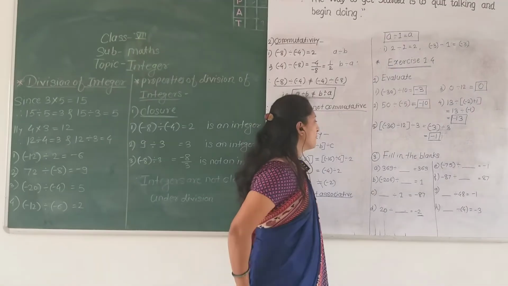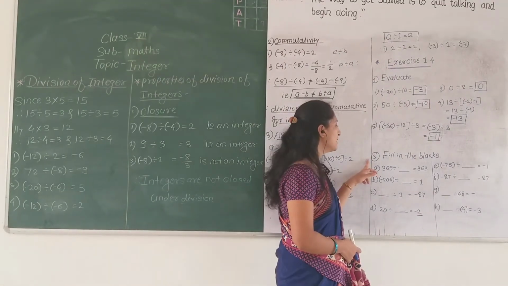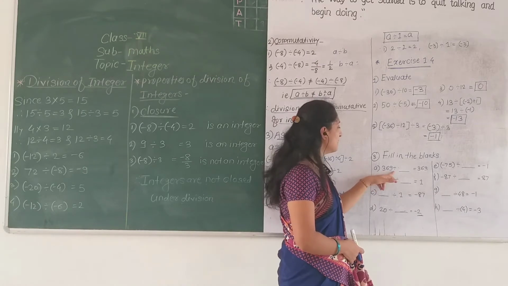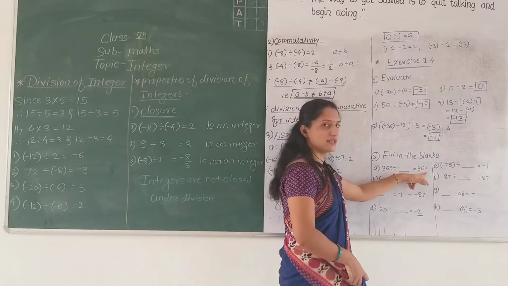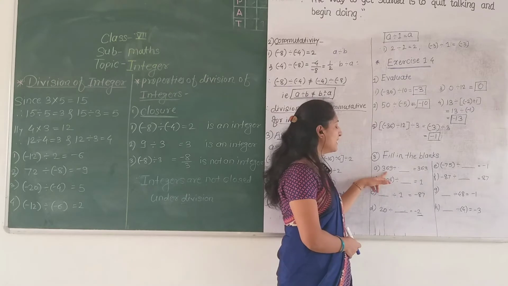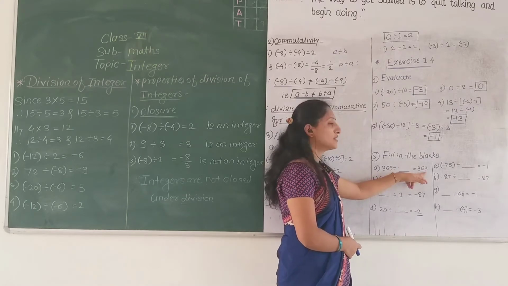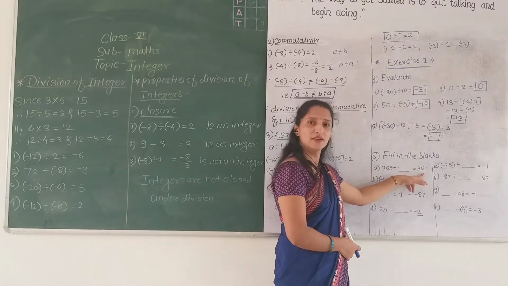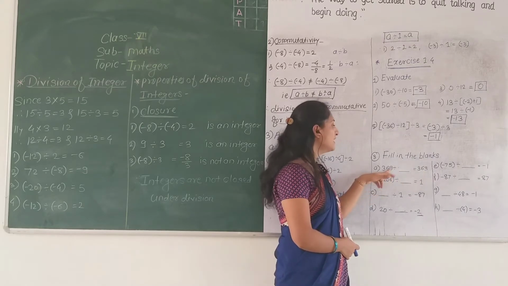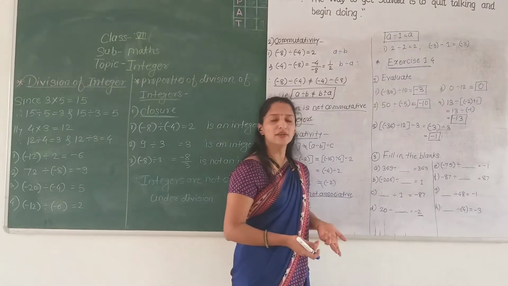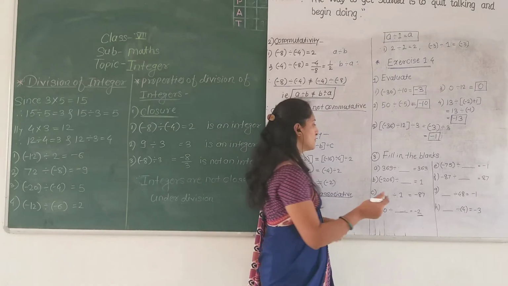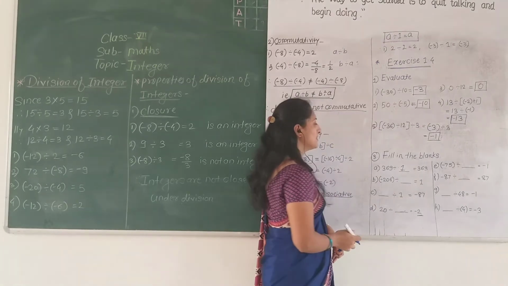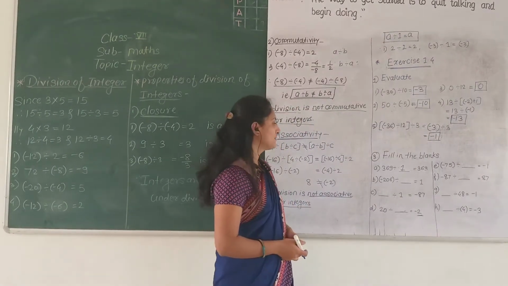So now fill in the blanks. Second example here, fill in the blanks. Look at here, the first example is 369 divided by dash dash is equal to 369. Now the dividend is 369 and the quotient is also the same, 369. When do we get the same quotient? Yes, when we divide any number by 1, we get the same number. So 369 divided by 1 is 369. So there is a 1.